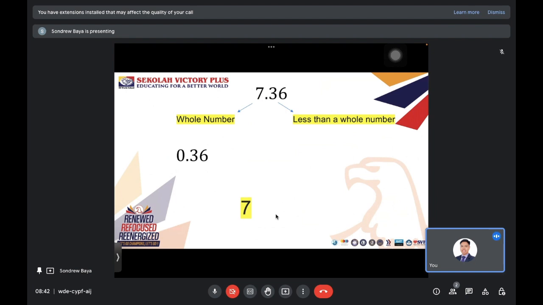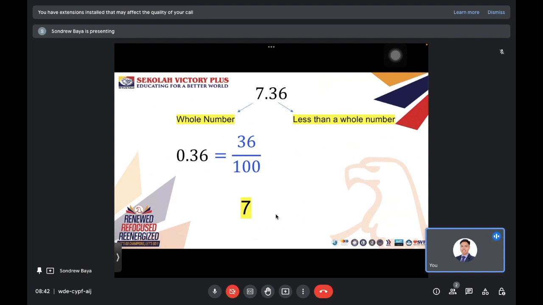Okay, so only the 0.36 will be converted into a fraction. How do we do that? All you have to do, class, is simply to count how many decimal numbers, or how many digits, are there after the decimal point. In this case, it's 2. Now, this will simply be equal to 36 over 100, meaning 36 over powers of 10, and the number of